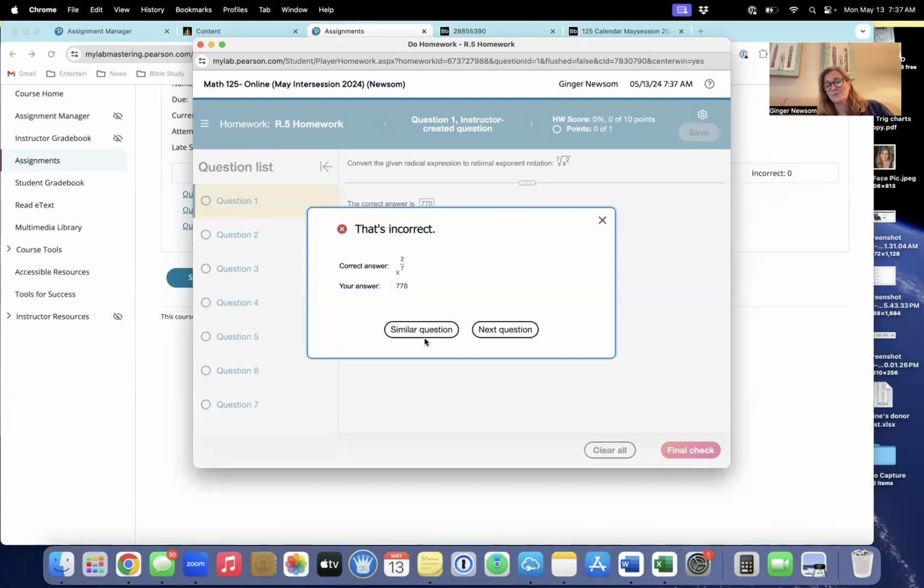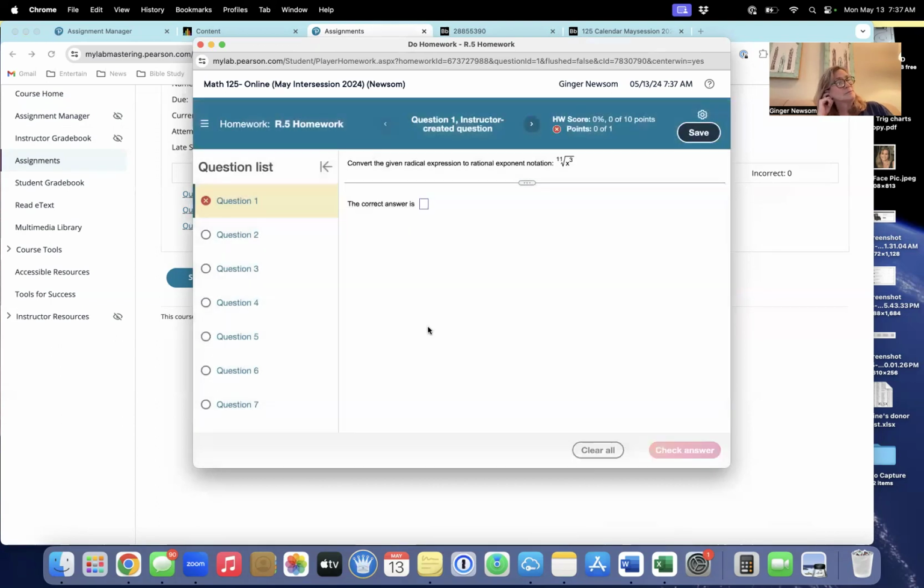You can either go to the next question or you can click similar question. Similar question, they will give you a new one. So you ought to be able to work it as many times until you get it correct. There's no reason for you not to have 100 on all of your homework. And you'll look on the other side: if you get it correct, there'll be a green check. So you can skip around. It's great. And that's how your homework works.